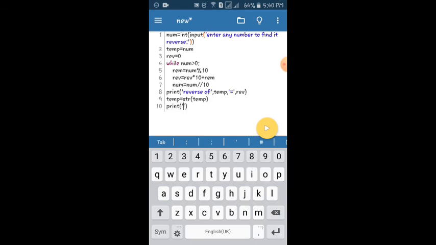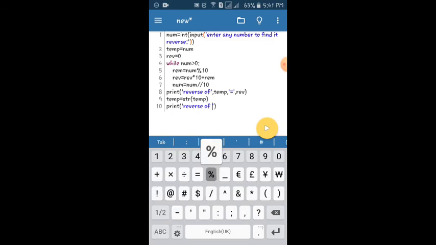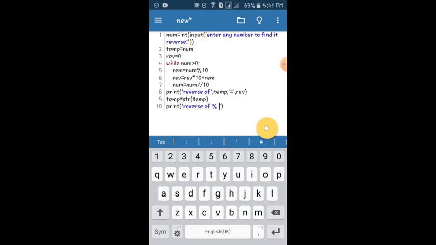Print reverse of, and I will tell you about this mod at last. I will write mod is equal to.